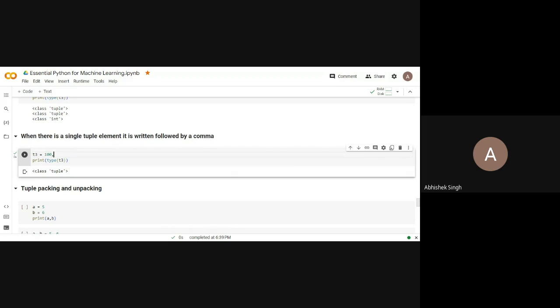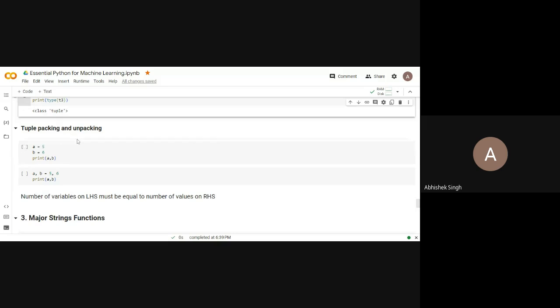Usually it is in tuple form, and when you check the size of your feature variables and the target variable, in most cases the target variable will be a single-element tuple. So you must be able to recognize what this 100 comma means. It is saying that it is a single tuple element.